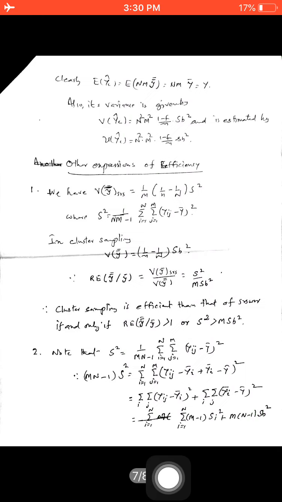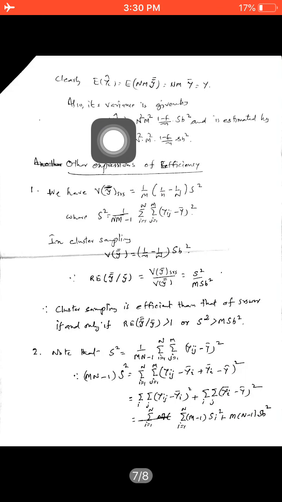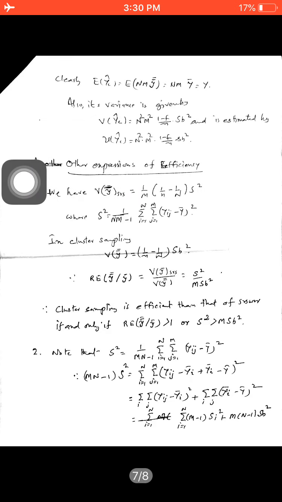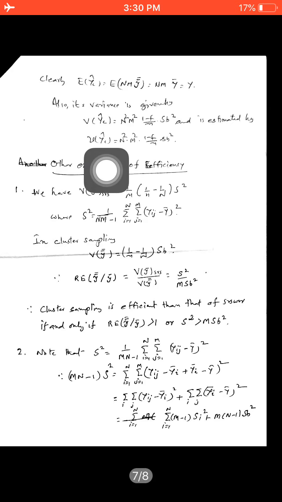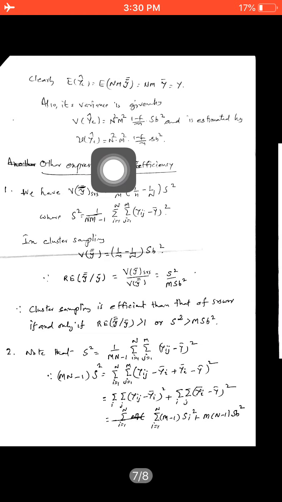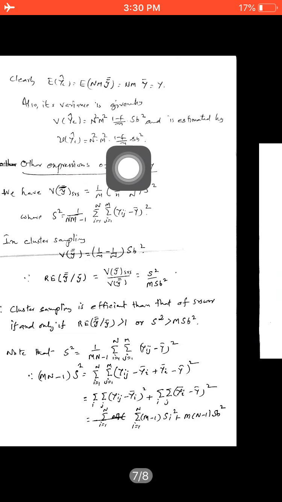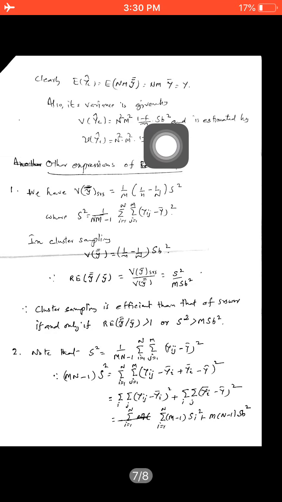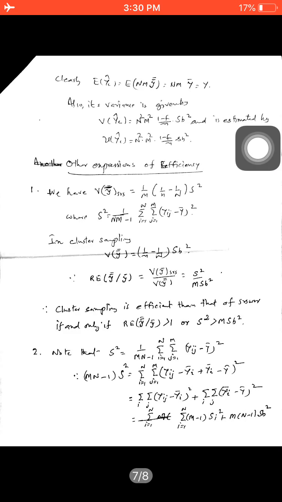And of course, the variance of this estimator can be computed like this. The estimated variance of y hat c is equal to capital N square into capital M square into 1 minus f by n into S_B square. All these things are immediate results. Now, one more issue we are going to discuss is